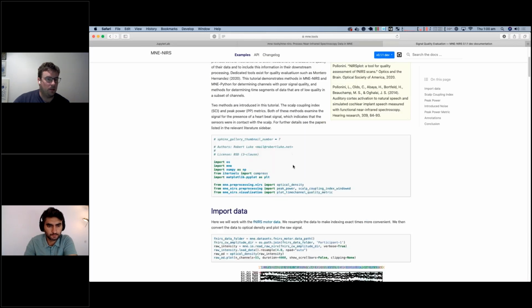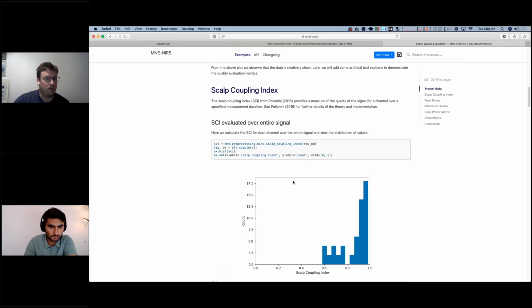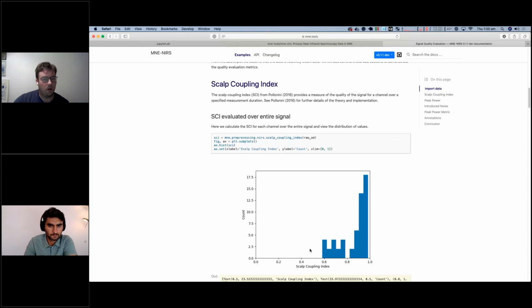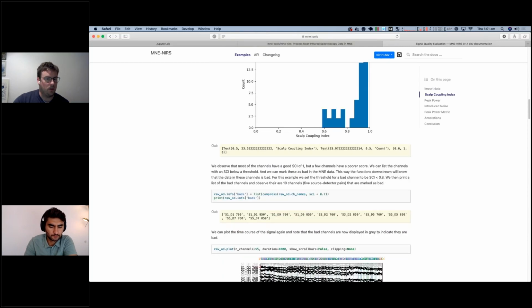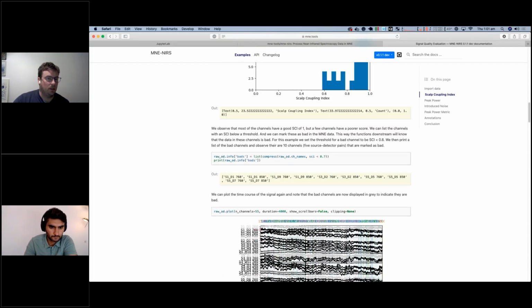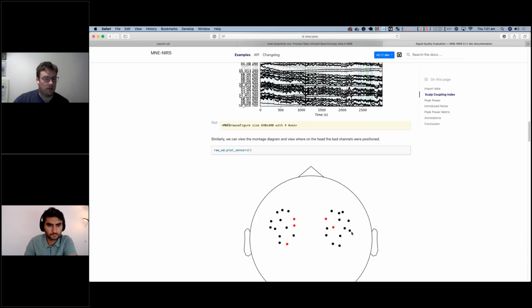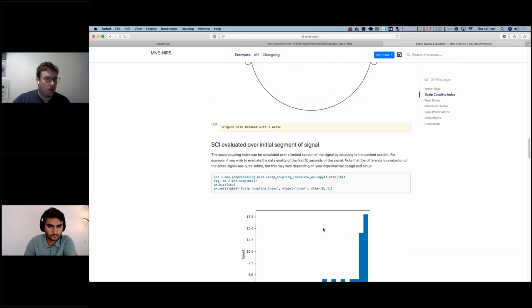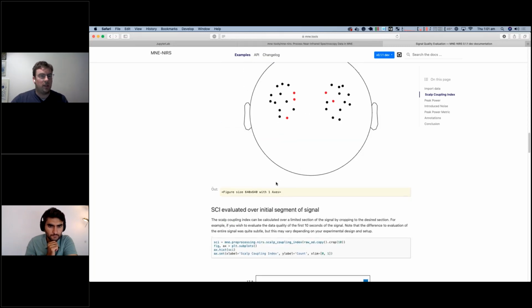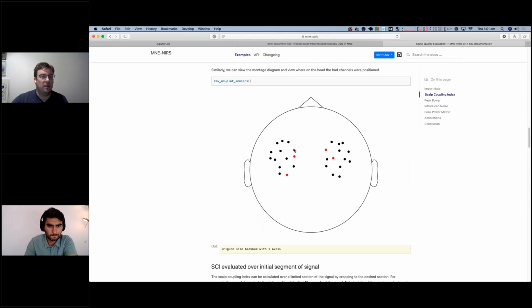In this little example here, I demonstrate how to calculate scalp coupling index either over the whole signal, or perhaps if you just wanted to calculate it over the first 30 seconds or the first 10 seconds, I've demonstrated how to do that. So you would crop the signal first and then calculate it. And then if you set a channel as bad, it will be removed from the downstream processing. And anytime you plot the data, the sensors that have been marked as bad will be marked as red. So that's kind of handy to know,